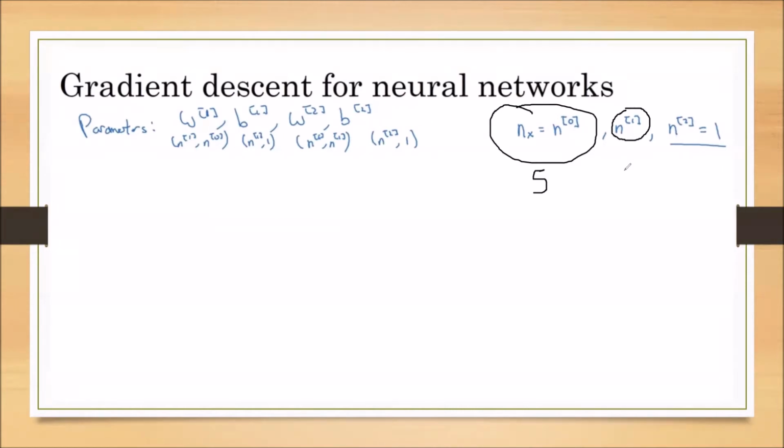So in this neural network, the number of hidden layers is only one. In that one hidden layer, there are, suppose, 6 activation units. Then n superscript 1 is 6. Finally, n superscript 2 is giving the number of activation units in the final output layer. If n superscript 2 is equal to 1, it means in the output layer we only have one activation unit. As we already discussed, we generally do not count the input layer as a layer. So this is a two-layer neural network in which one is the hidden layer and the second one is the output layer.